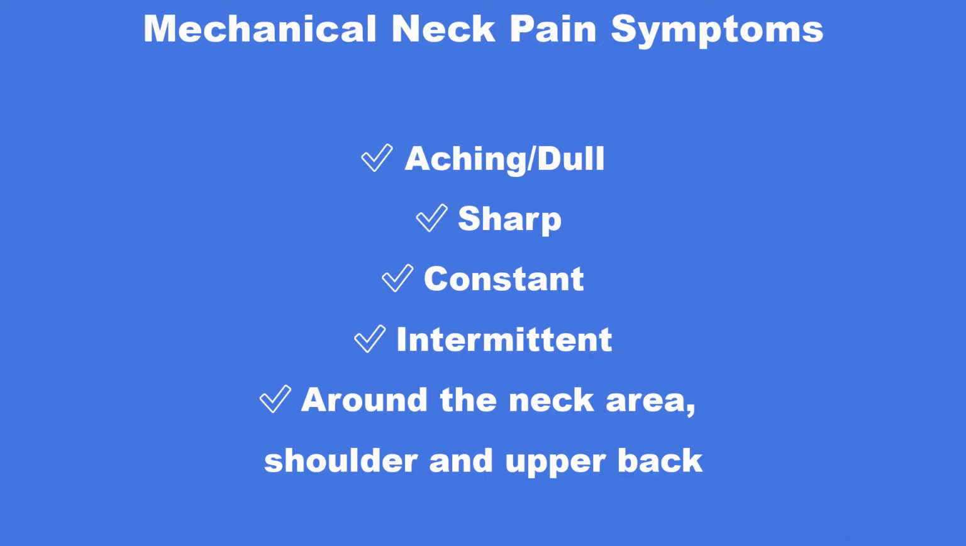First off, mechanical or non-specific neck pain means that you could have aching, sharp, constant, intermittent pain that can present itself around the neck area to the shoulders and upper back. Very descriptive, right? That's because the source of the pain could ideally arise from the spine and any of its